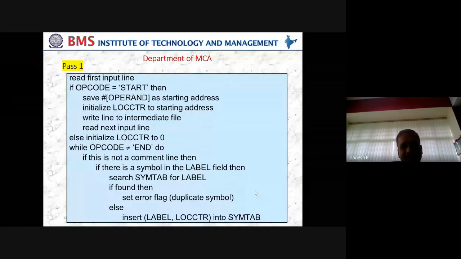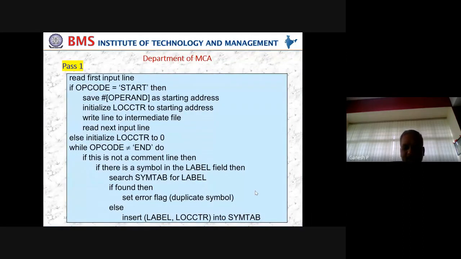If it is not a comment line, then what else can it be? It can be a label, or it can be an opcode or operand. So while opcode is not equal to END, then what are we going to see? If there is a label, because you are going to the next line. When you go to the next line, you might see LOOP, ADD, STCH. Let us assume that we have an instruction in the second line, LOOP, ADD, LD or ST, whatever it is, then STCH. So we now have three pieces of information: one is LOOP, another is ADD, and another is some other information.